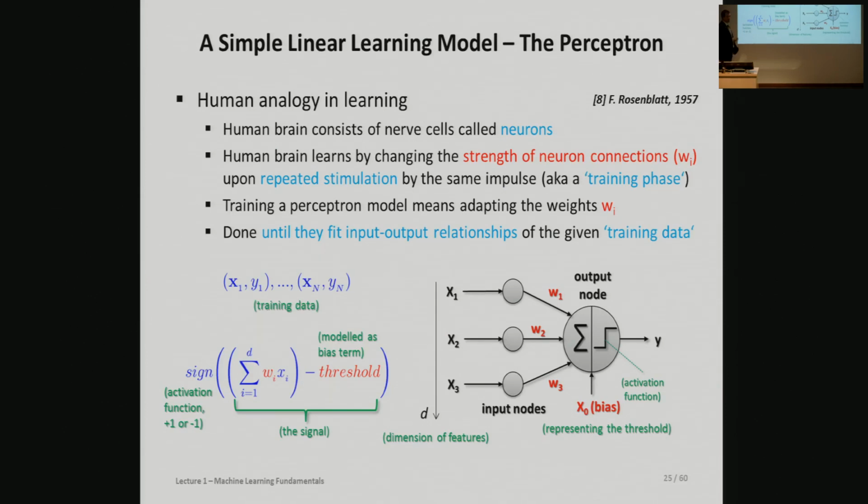However, now let's stick to the very simple learning algorithm you can find. And this is the perceptron learning model. As I said earlier, interestingly enough, it was developed in the late 50s. It is still very relevant today, as you know that this perceptron is a key building block of neural networks and also of deep learning.